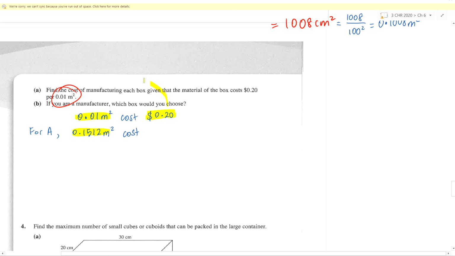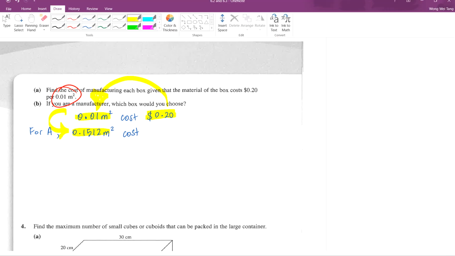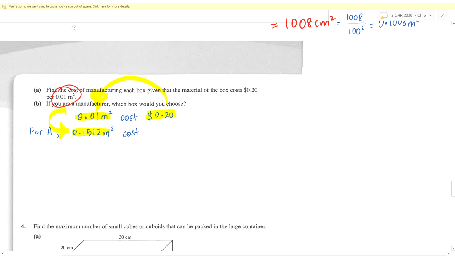So that is the order we are going. This way, then this way. 0.20 divided by 0.01 multiplied by 0.1512. $3.24. Sorry,